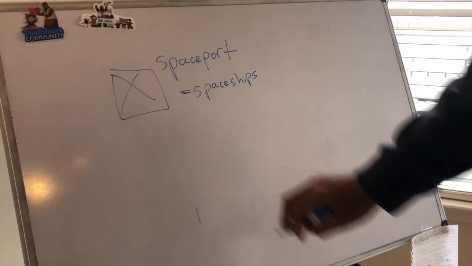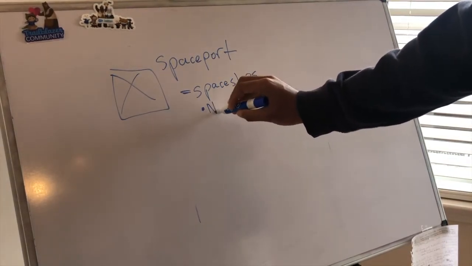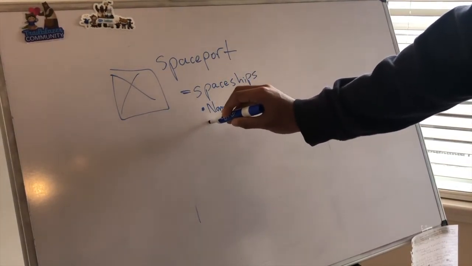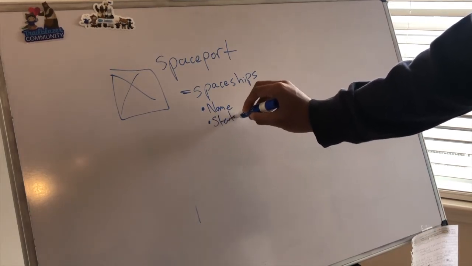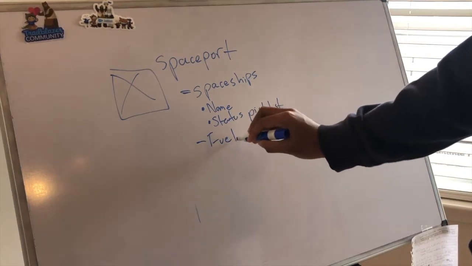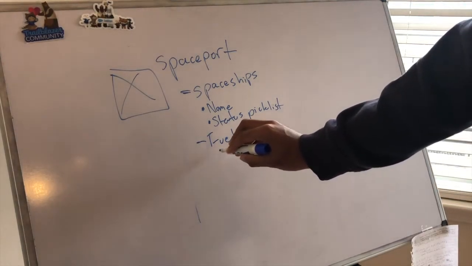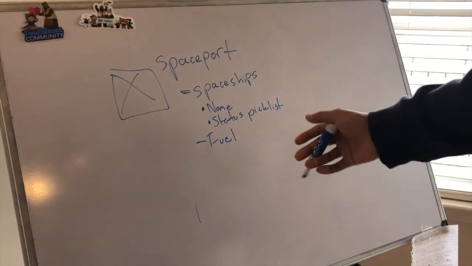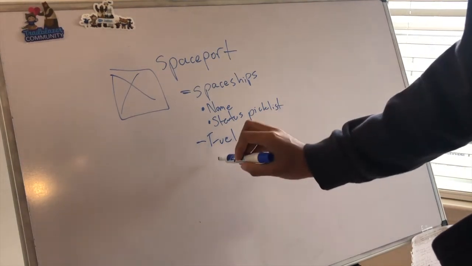and the only things we're going to track with the spaceships right now is basically the name. We'll have a pick list saying it's a status, whether it's inbound, outbound, under repair, fuel. And fuel, we'll just have it measured in units, like barrels. How many barrels of fuel have we created? We'll have like a fuel creation plant. So we'll just say